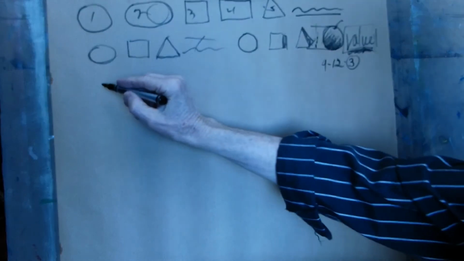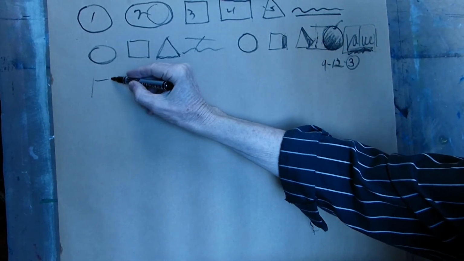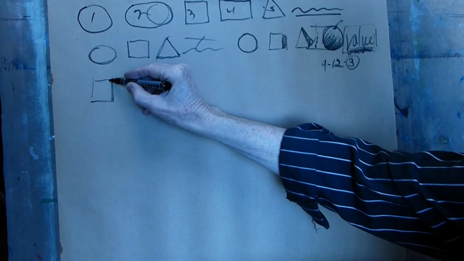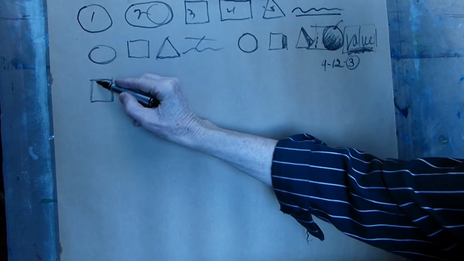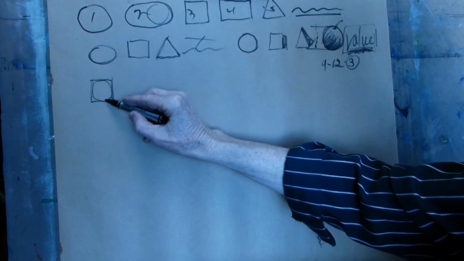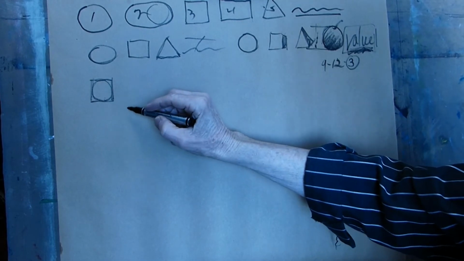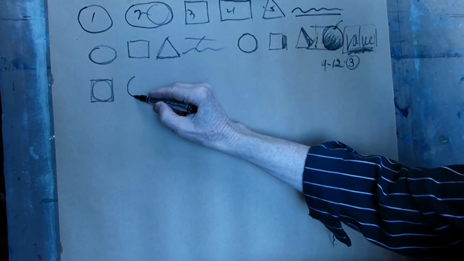Well, I like squares. I use squares. Reason being is because with the square I can put a perfect circle in there if I wanted to. Okay, in my square. Why else do I like that? Because